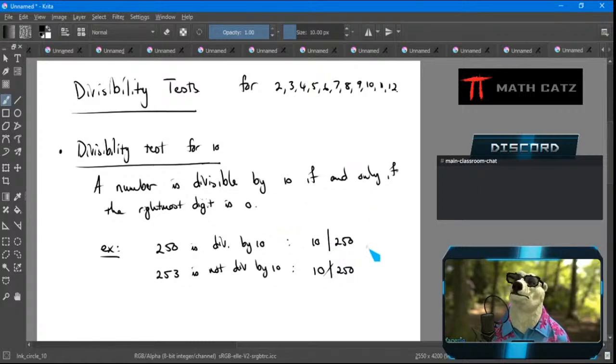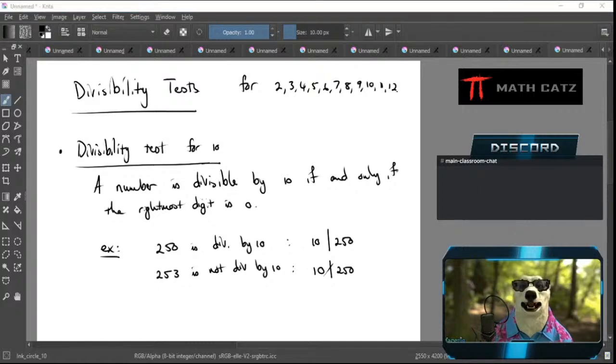Now, of course, this one's super straightforward. But when you look at the book, you'll see that I took a much more formal approach to it. Not because you have to know how to do that, but because we're used to this for 10, the test for 10 doesn't make it obvious. Technically, and especially as we continue to the less obvious ones, you need to prove that regardless of the number that we take,